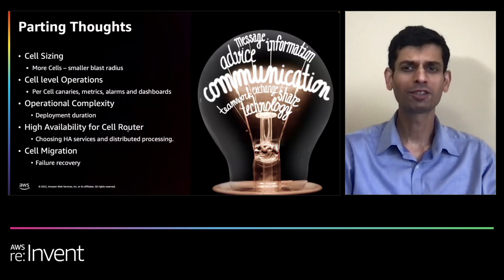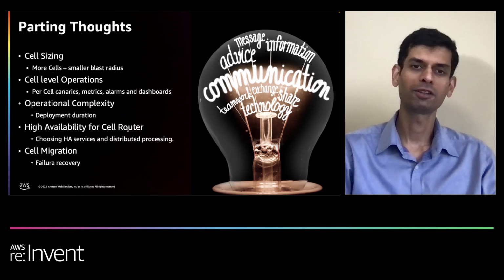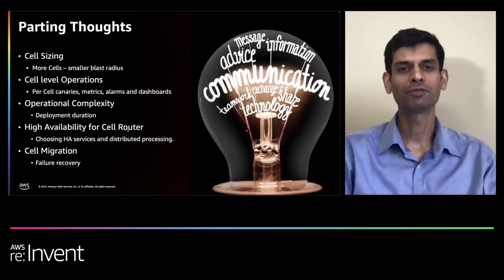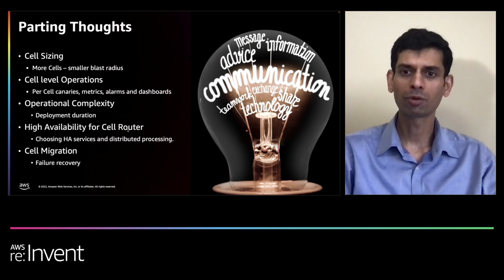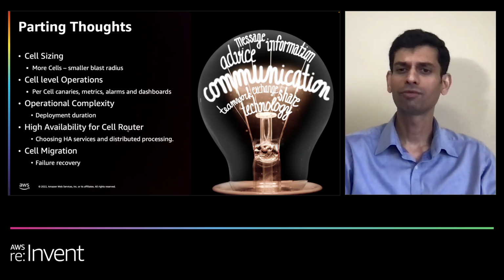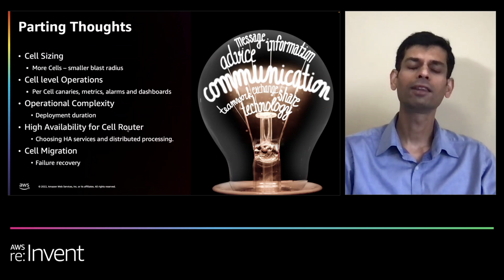Based on this journey, I wanted to share some best practices and considerations with you. First of all, as we discussed, cell sizing. More smaller cells means a smaller blast radius, so it's always good to approach the design from that angle. It's faster to diagnose and resolve issues with smaller cells, easier to test, and you can leave more room to grow